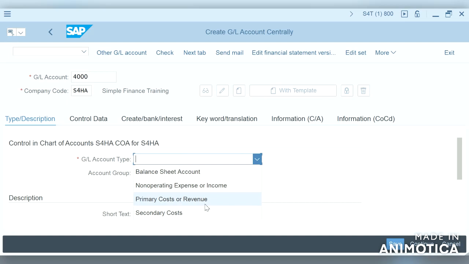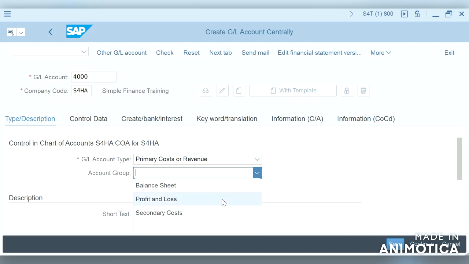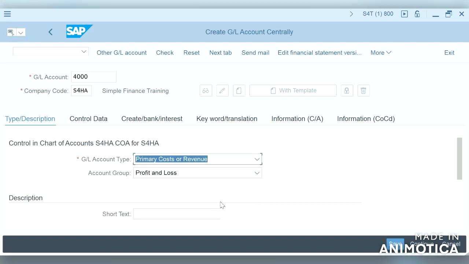If we want to account our expenses to cost centers, we definitely need to create the GL with primary costs or revenue. It will automatically create a cost element, which helps in transferring our postings from FI to CO. The account group is definitely profit and loss.